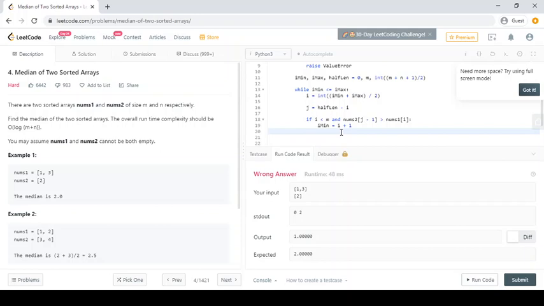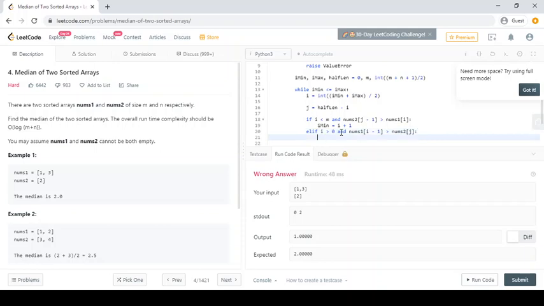Now we will check if I is greater than 0 and nums1, the max of the first left array, which is the last value because it is sorted, is greater than nums2's first element of the second right array, which is the minimum of that array.